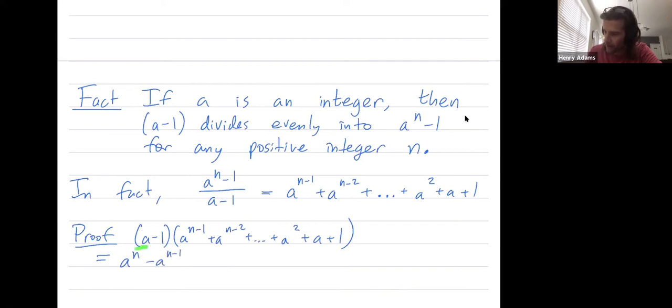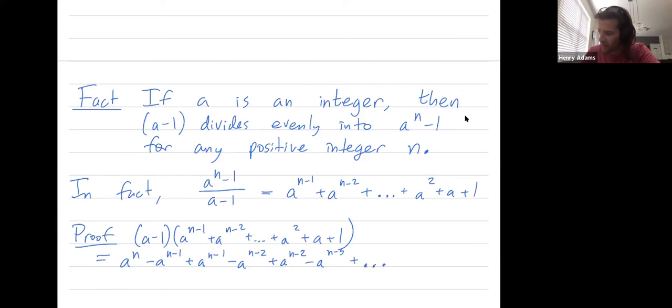Okay. Next, I get A to the n minus 1 minus A to the n minus 2. And then hidden right here is an A to the n minus 3. So when I multiply that by A, I get plus A to the n minus 2. And then when I multiply that A to the n minus 3 by negative 1, I just get minus A to the n minus 3. And this continues,